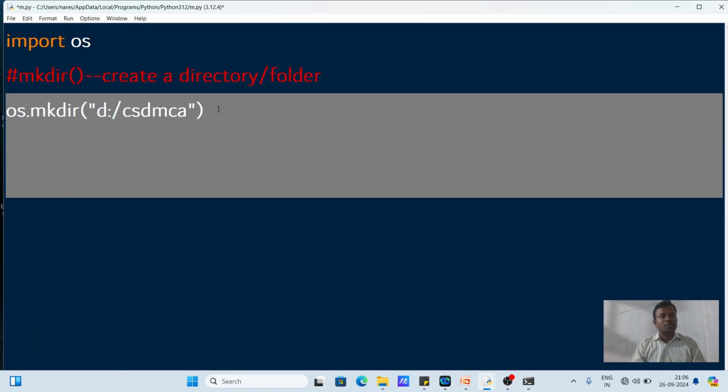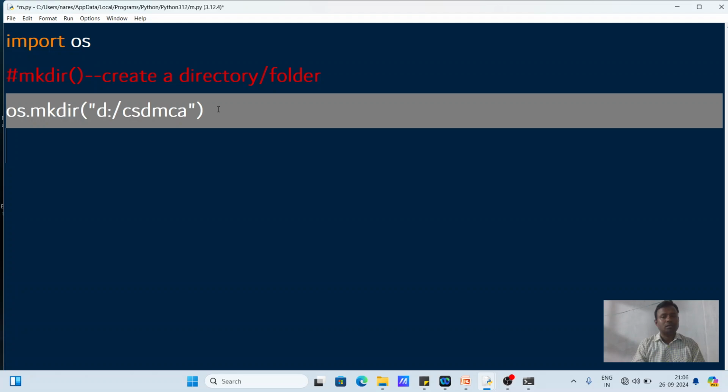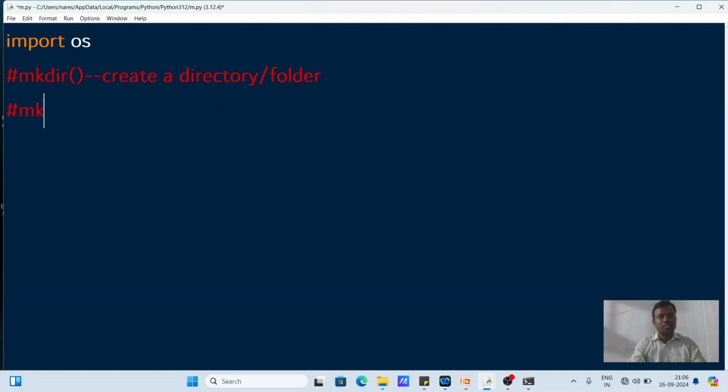Now there is another function called mkdirs. When you want nested directories, where you want to create the parent directory and the subdirectory also, then you can use the make directories function, os.mkdirs. So there, for example,